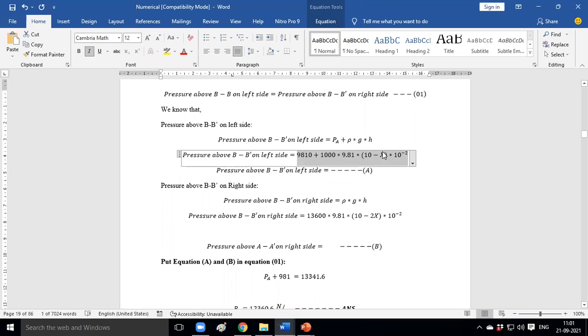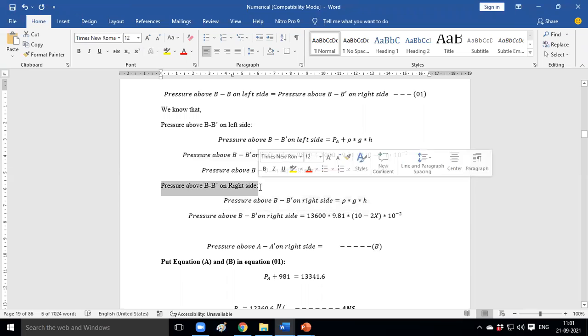Why in terms of x? Because x is mentioned in this calculation part. So we get the value in terms of x and put that value in terms of x here. Okay, we can write that value here in terms of x. Is it visible? This star equation. Yes, sir.